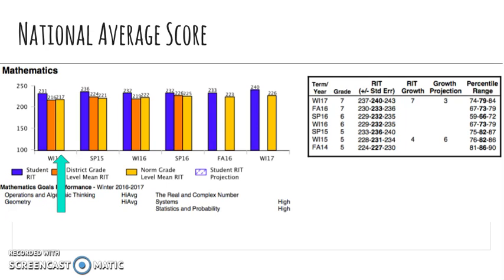Then your next score is the average national score. The average national score is you compared to all students across the nation and not just Kipsters. This score helps us see where we should be at that point of the year. So it helps our teachers know how we should continue to push growth and also which Kipsters either need to be closer to the average or are over the average. Obviously, we're looking for your growth, so the average just shows us how you're doing in comparison to the rest of the country.